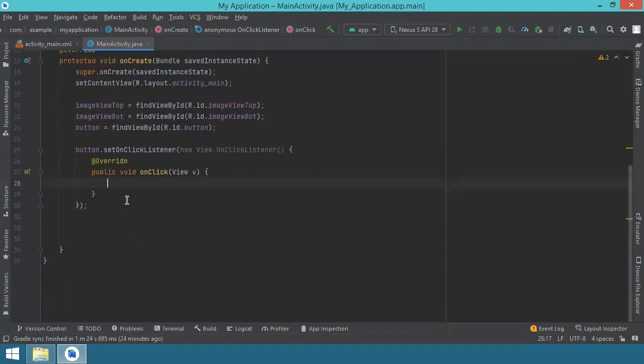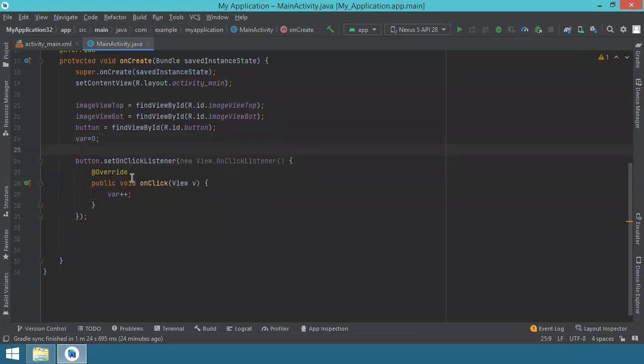So what we want to do is just switch the images from top to bottom and bottom to top. For this, we have to take this variable and increment it. This will be the first step. However, I will first make it equal to 0, just to make sure when we begin, this variable is equal to 0. And then each time you press the button, it will become 1, 2, 3, 4, 5, and so forward. Now, after we increment this variable, we will say if the variable